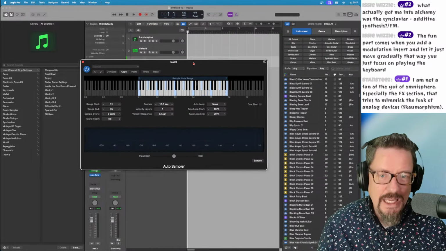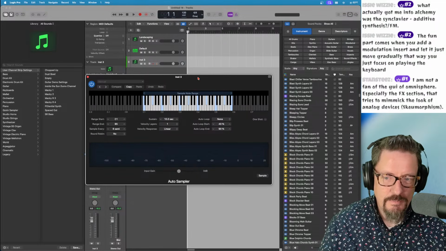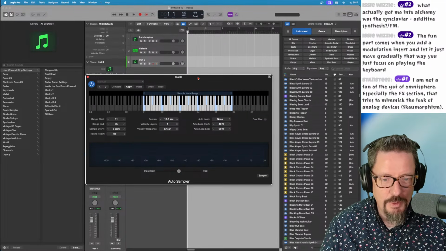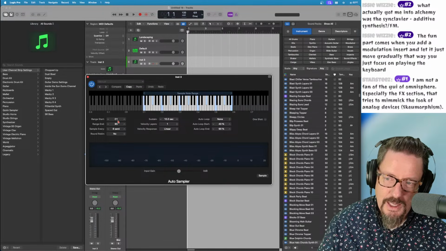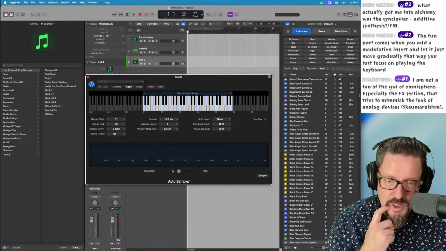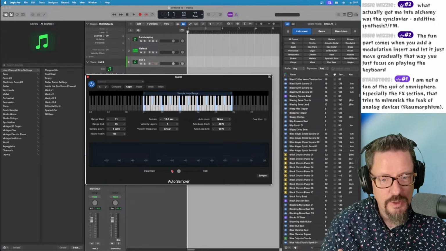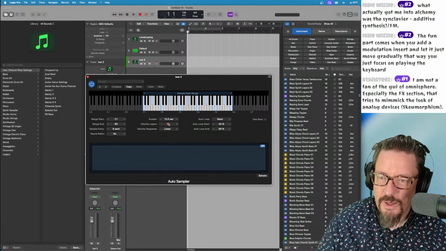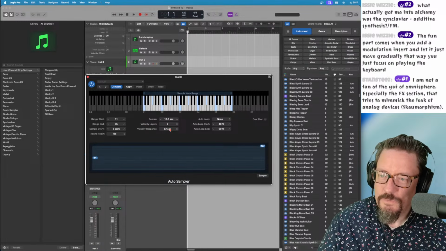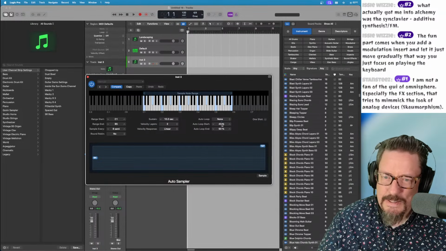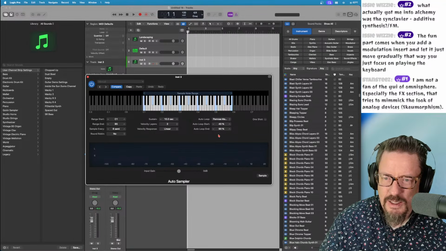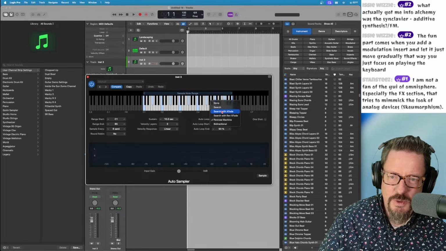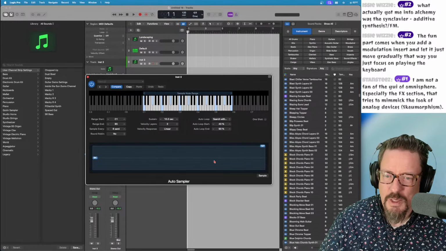So we can take any instrument that's MIDI controllable, and turn it into an Alchemy patch. And that involves any of Logic's ones or any third-party ones. You could actually do this with Omnisphere, which I don't necessarily recommend, but you could. Let's do auto looping. Actually, we'll just do search with crossfade. They have loop points anyway.